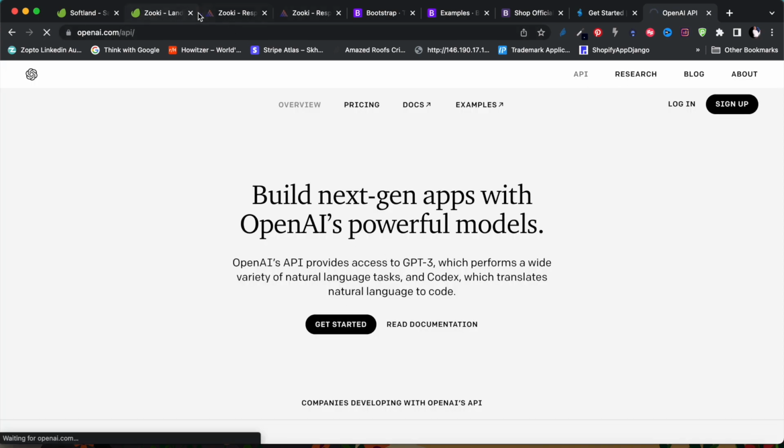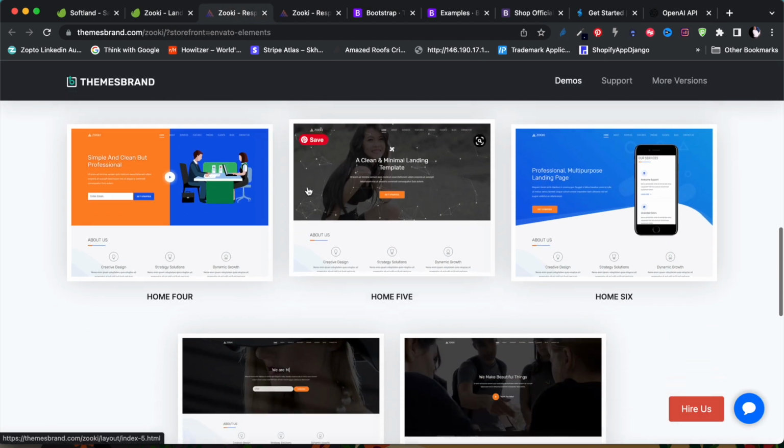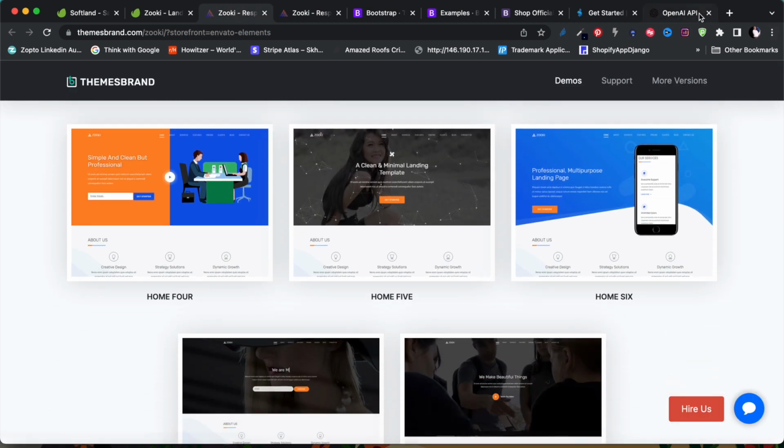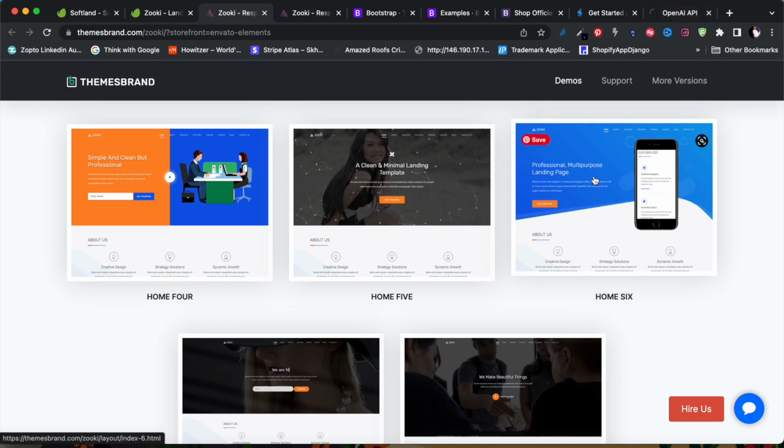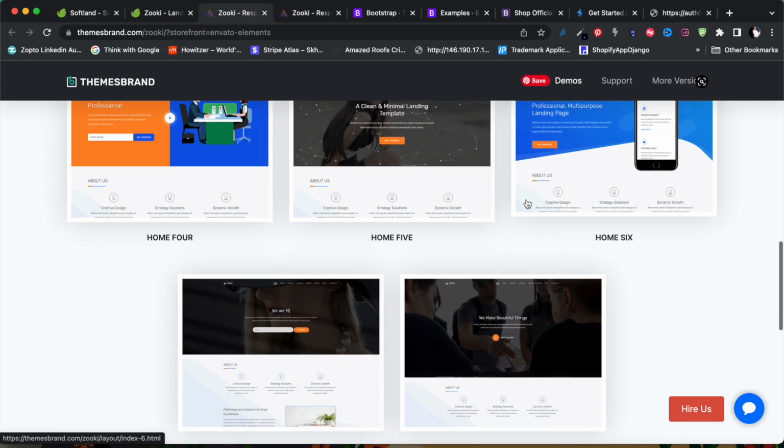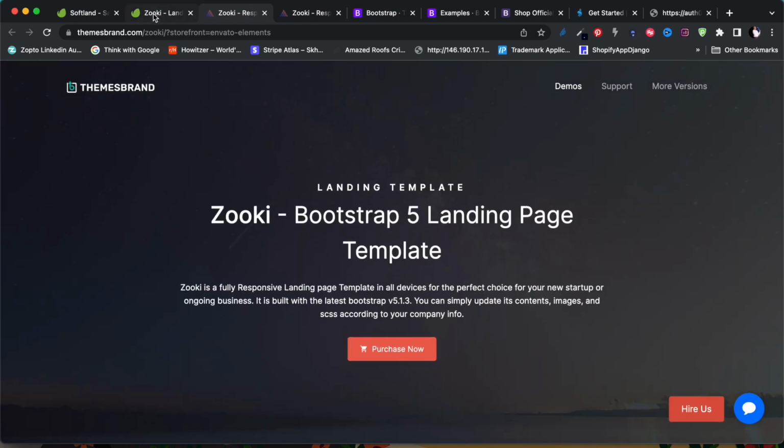We're going to combine it with a template like these, because OpenAI is not very good with, I've tried their Codex, and I've gone through some of their Codex. I've got videos on Codex and generating code out of Codex. You can have a look at my channel, have a look at some of my previous videos. You will find videos on Codex there, but I don't feel like it's got enough flexibility to build something like this, for example. So we're going to supplement that with actual templates,